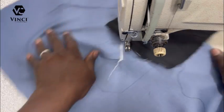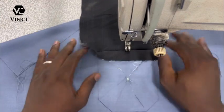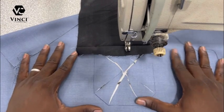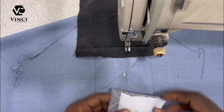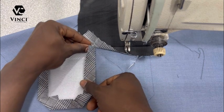Make sure that your notching gets to the edge, and make sure it doesn't pass. If it passes, it's a problem. If it doesn't get to it, it's a problem. So make sure it gets to the edge. Get a good scissors. So the next thing you're going to do, like I said, this is the most important